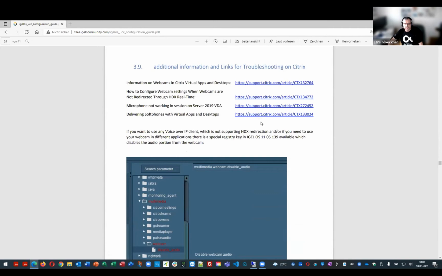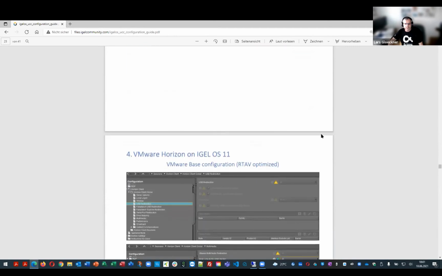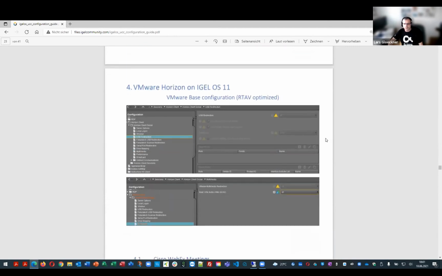So there's a lot of different things here from the Citrix perspective, like I mentioned, and then we go to the other sections. But at first, I need to ask: